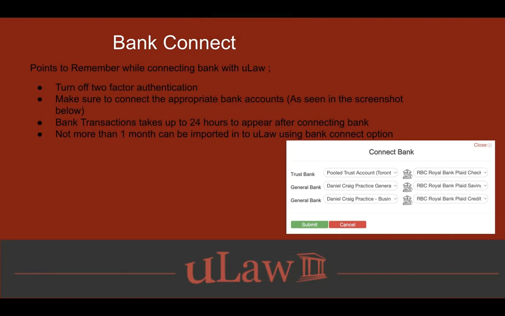pull in your data from the bank, it could be around one time, two times. We're not sure either. So we don't know when the bank gets connected and when we technically pull out the transactions. So this is why we request you to turn off your two-factor authentication, so that we do not bother you for a passcode, right? And it's technically not possible. So when you keep that turned off, we'll be able to connect to the bank, pull in the transactions, and